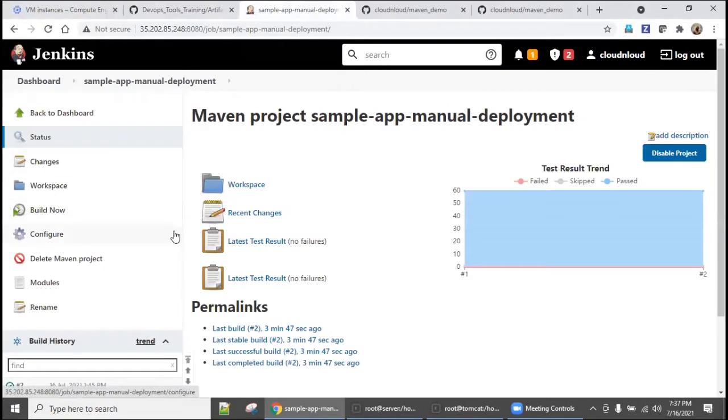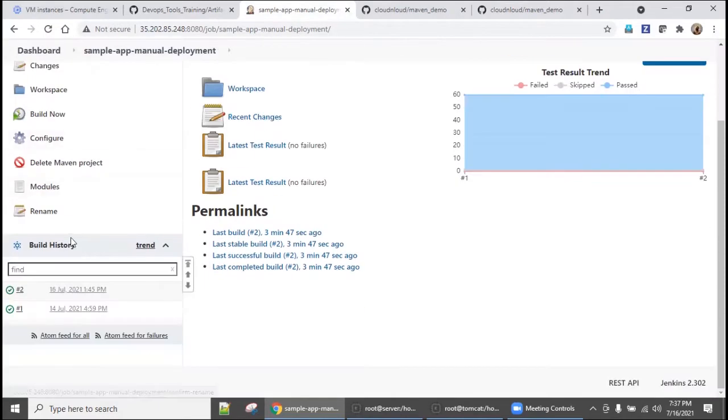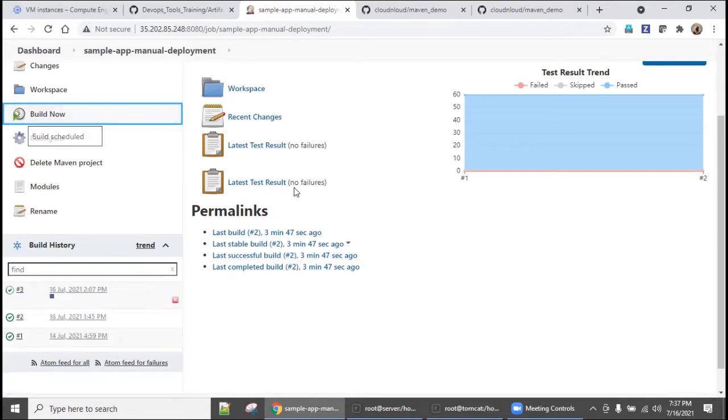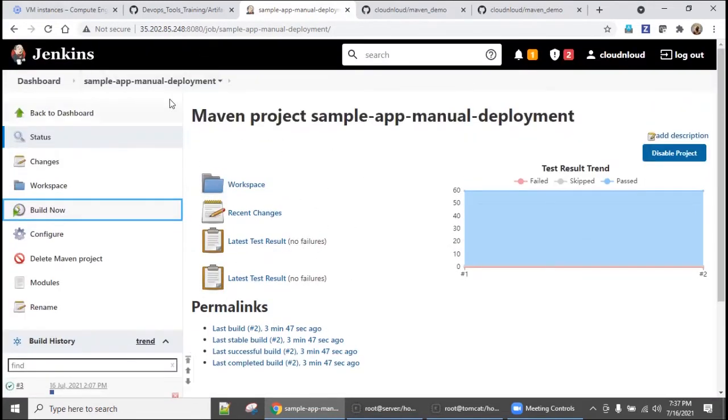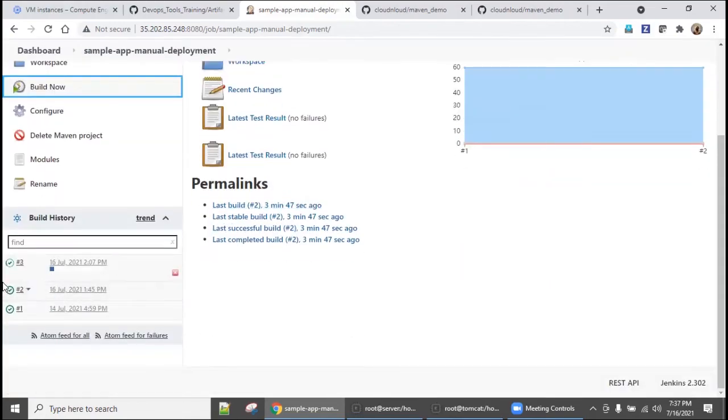Before starting this, if you want, you can go to the previous pipeline and make sure the Jenkins server is in working condition. So say build now, the pipeline which we created in the last class. So far, so good, there is no error.